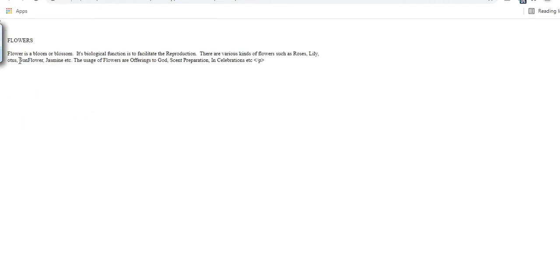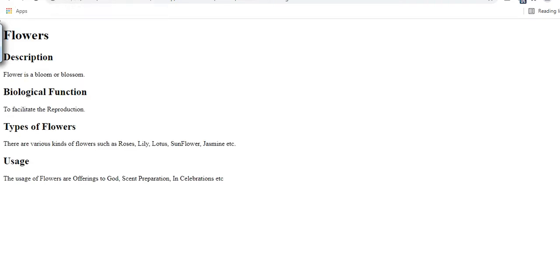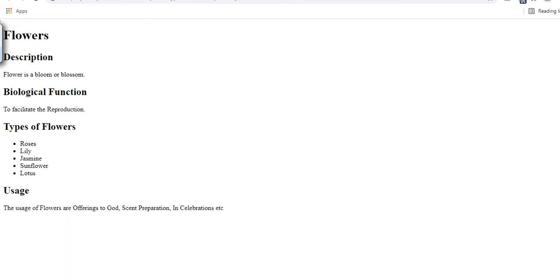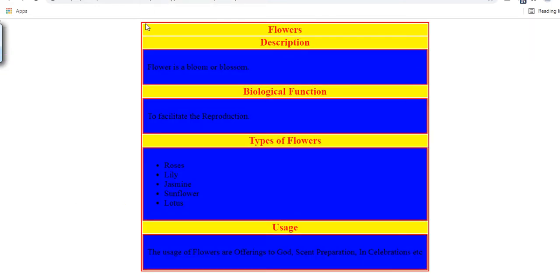Initially the data was like a paragraph, but she structured the data with a main heading and a subheading and with the content inside. Then she again structured the data by giving bullet points to this list of flowers. Then the teacher asked her to use styles, that is coloring. So now she starts using colors, for the heading she uses this color, and finally she comes up with this final content of whatever the teacher asked for.